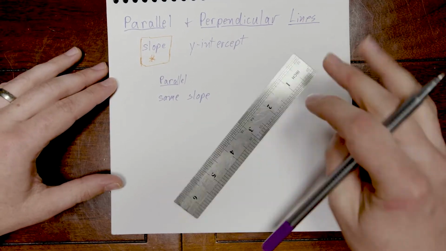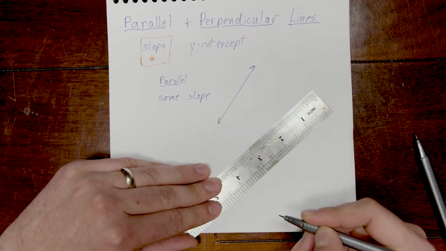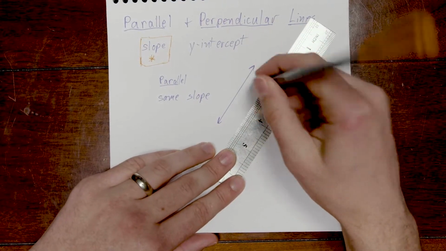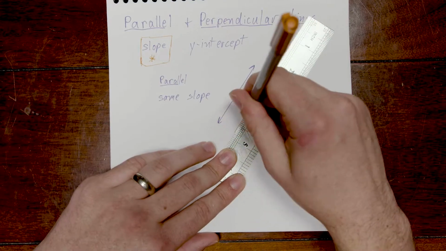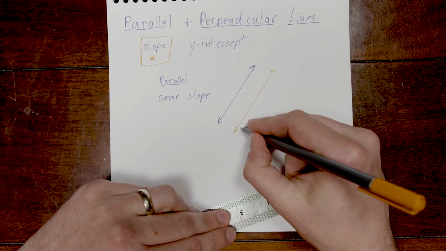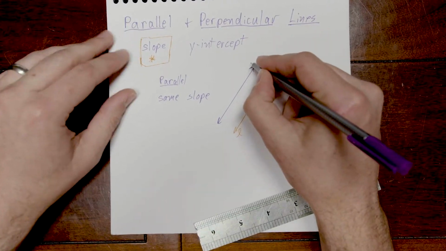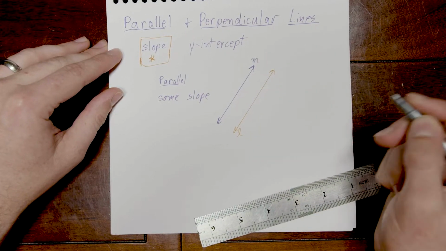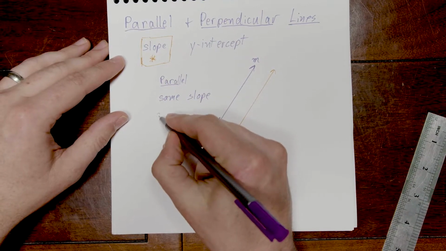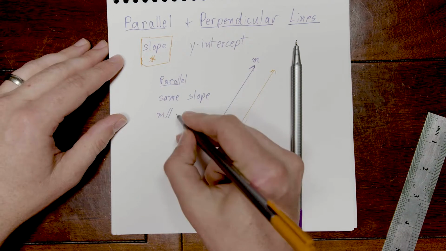So if I have a line that looks something like this, and then I have a line that's parallel to that one. We'll label this as line L, how about? And we'll label this as line M. It sounds like a good plan to me. So if I said that M is parallel to L,